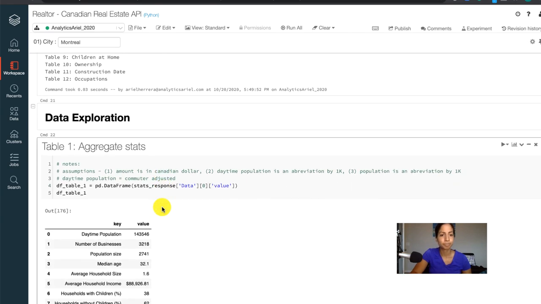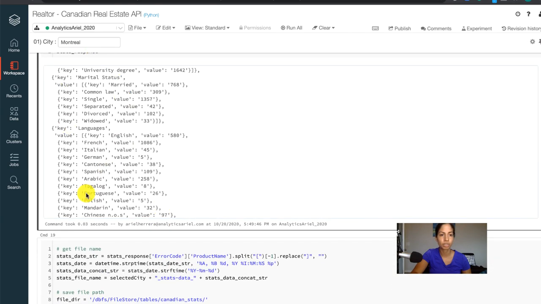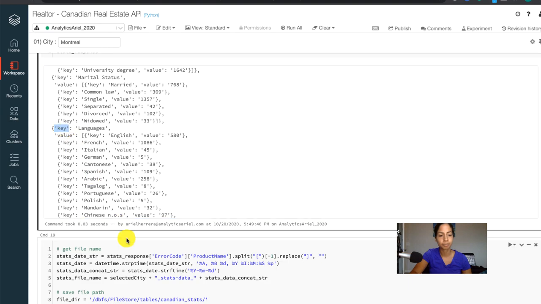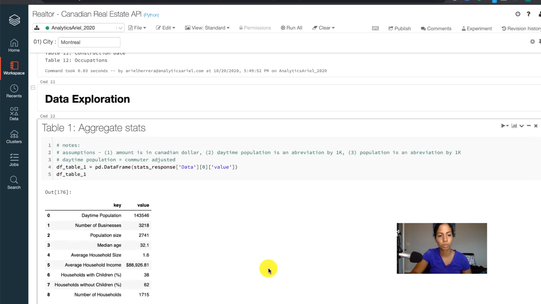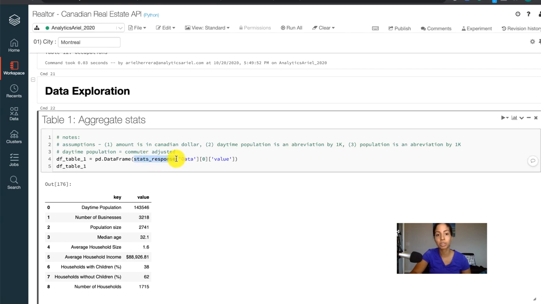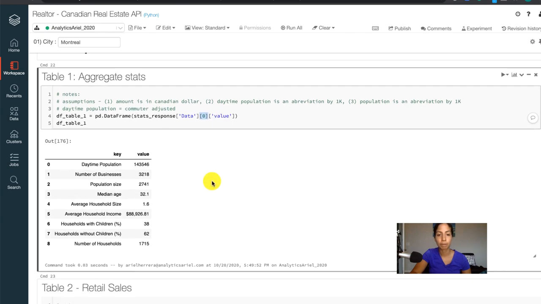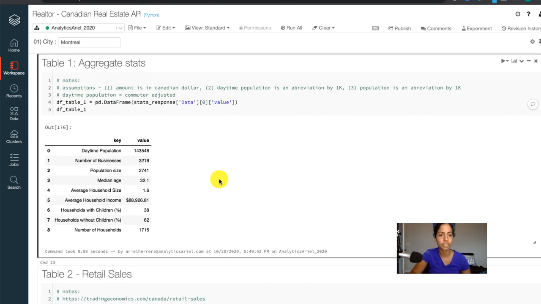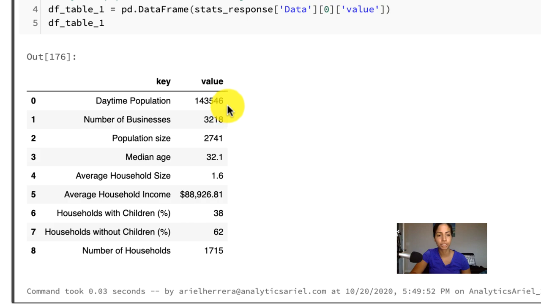So the next stage is when you're working with dictionaries or JSON, this format up here, the way you specify how you want to go through it is based on the actual keys. So down here, what I'm doing is saying that in stats response, I want to only look at the data. And in this case, these are the first objects, and I want to look at the value. So what is the return information that's coming through? And from here, I could see this information on the population, median, houses with children or without, which is really